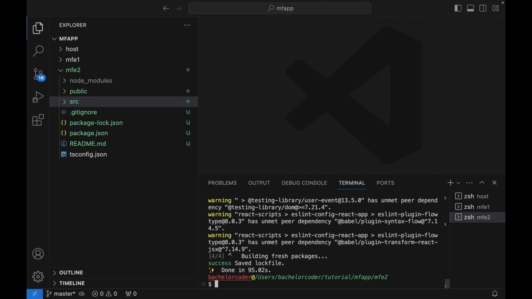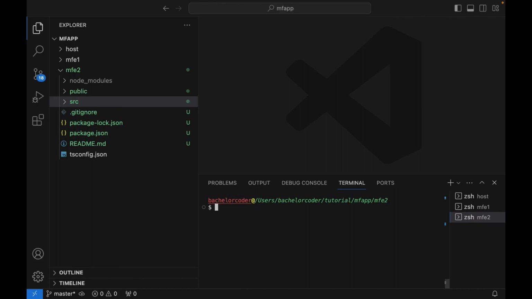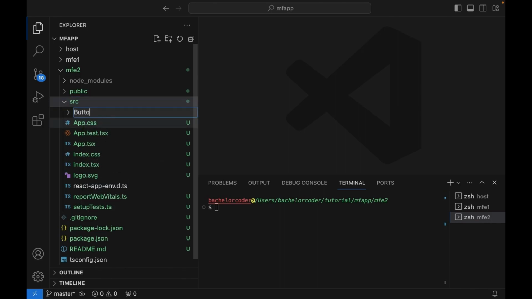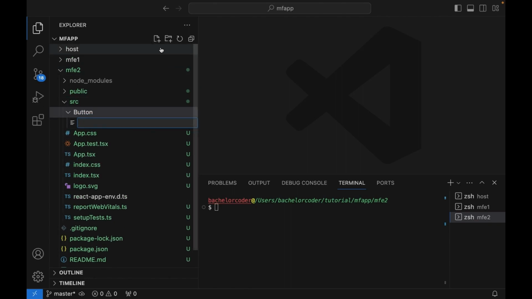So we have added the yarn. Now we will try to run this project, but we will create a component for that first. For our better understanding, let us create a button component